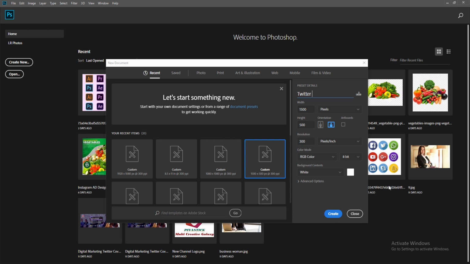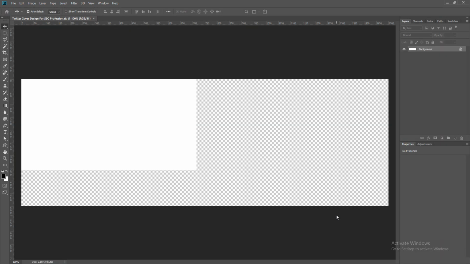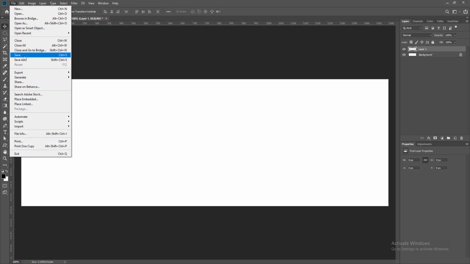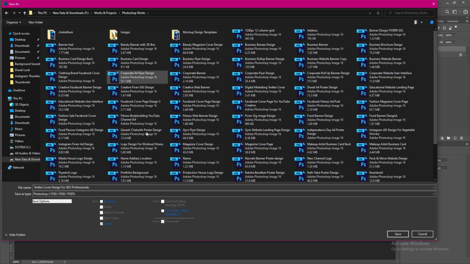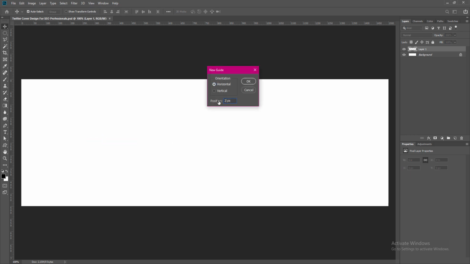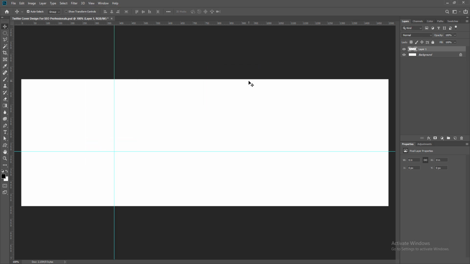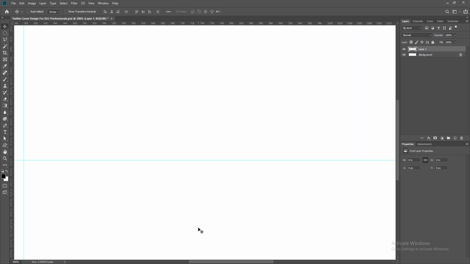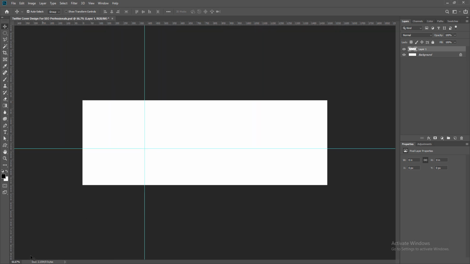Presenting you today a new concept design tutorial regarding Twitter cover design for SEO professionals in Adobe Photoshop. As per present situation, social media marketing or digital marketing is growing very fast for any kind of business globally and will also be in the coming future, and for that search engine optimization specialists have very important roles to grow and spread out their businesses, by which you can search and find them with just a single click. Today's tutorial or the design concept is regarding those SEO experts who are using different social media platforms like Twitter